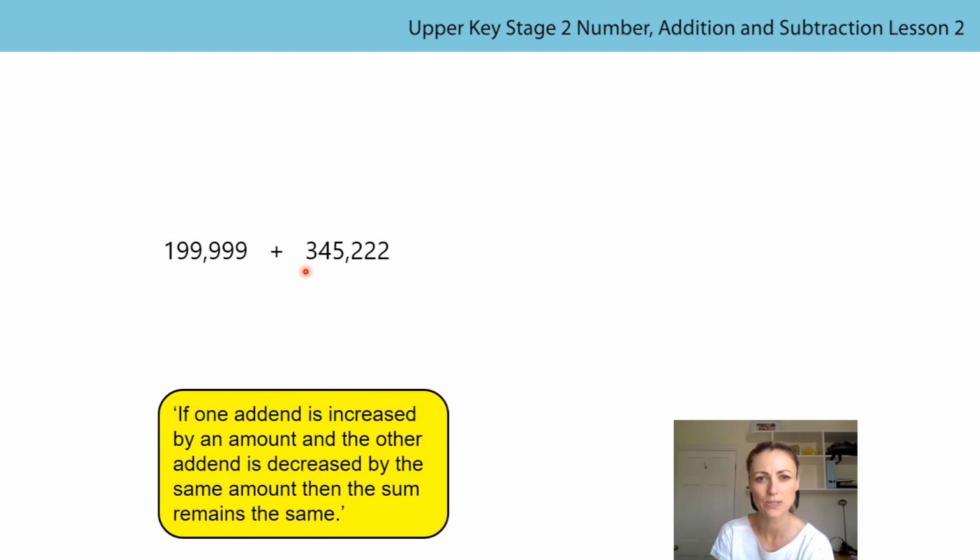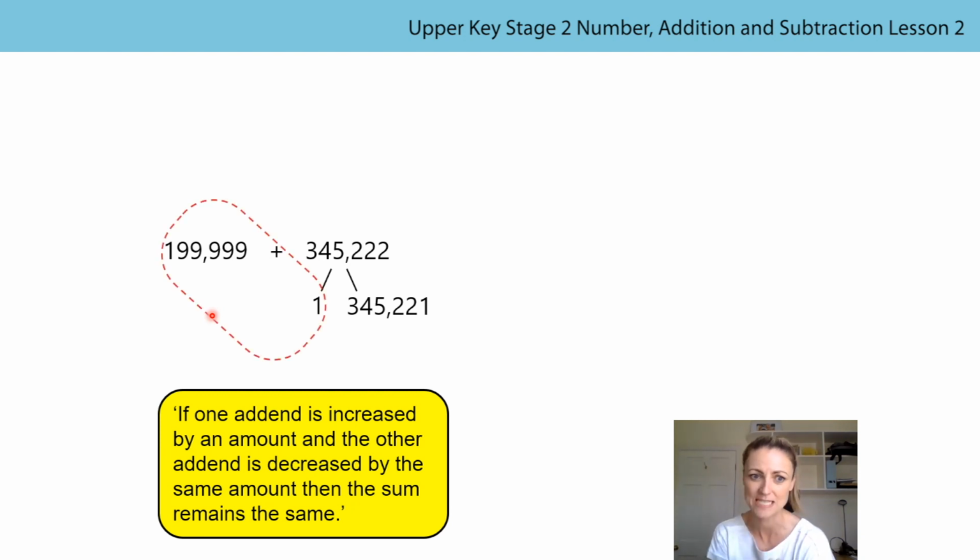So let's have a closer look at this calculation. Where did the 1 that I added to 199,999 come from? Yes, it came from the other addend. I subtracted 1 from this addend in order to add it to this addend here. So we partitioned, took the 1, and then we had a remaining 345,221. And we can see here that that 1 is redistributed to the 199,999. And we therefore get an equivalent calculation of 200,000 add